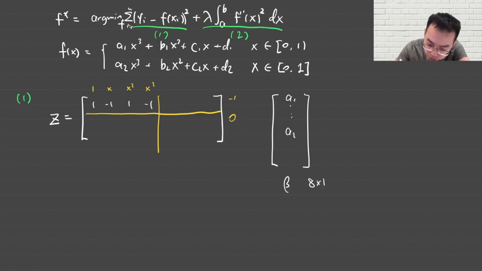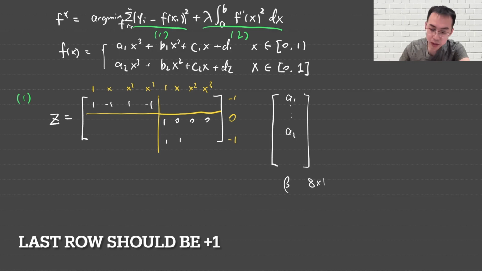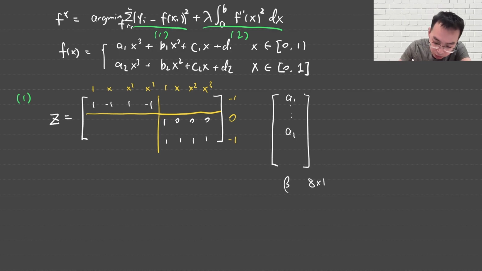We're just gonna repeat this, and that's gonna be 1, 0, 0, 0. And then the third point, -1, we have 1, 1, 1, 1. So that way, when you do the matrix multiplication of Z times beta, we can get exactly